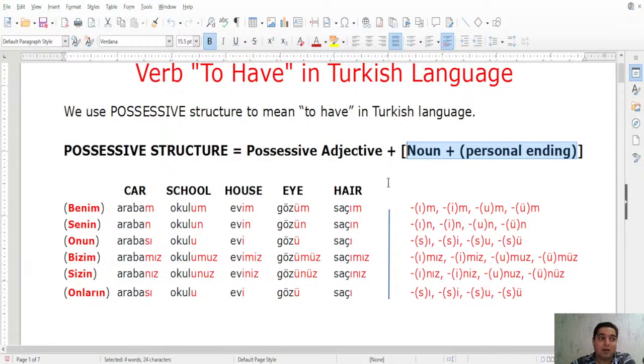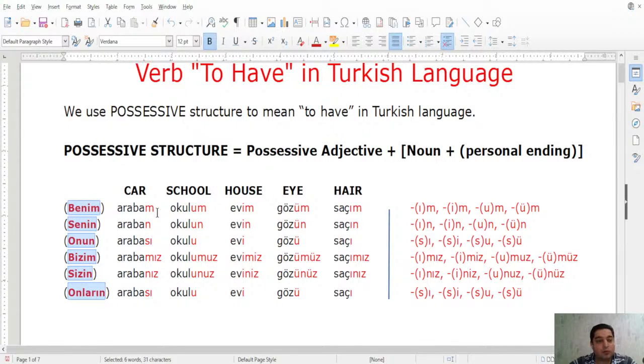So if you say my car, possessive adjective here is my, and the second part is the noun part. Okay, car is the noun part. But of course, in Turkish we have to add this personal ending to the word, to the noun. Okay, so here you see, as always, we have 6 possessive adjectives here: benim, senin, onun, bizim, sizin, and onların. And everything that you add as a personal ending depends on this. Okay, all the personal endings that you have here, right, attached to the nouns, are all based on this